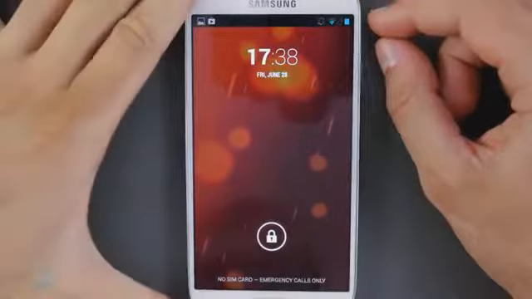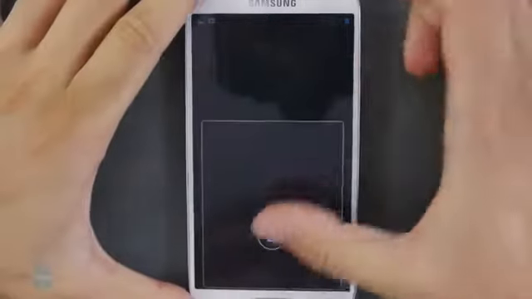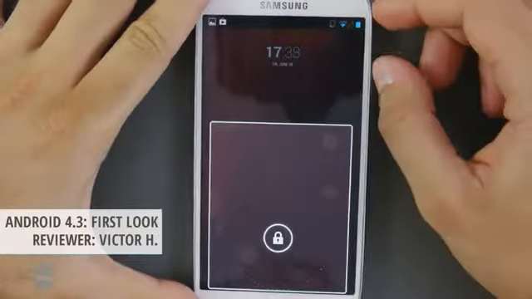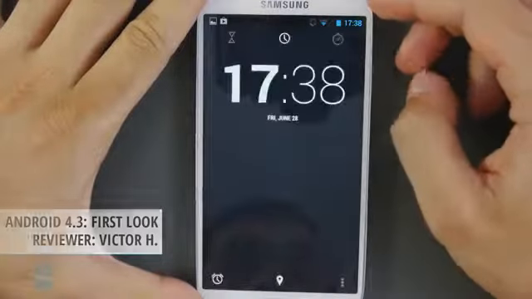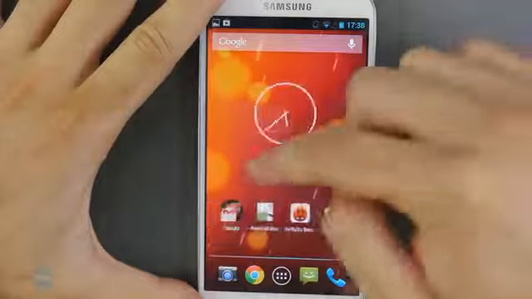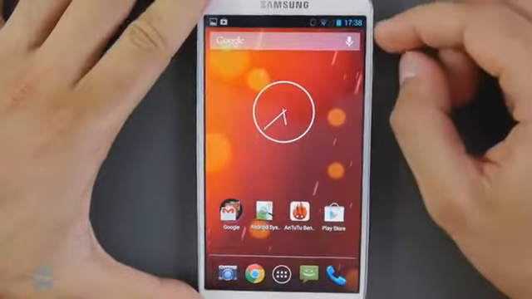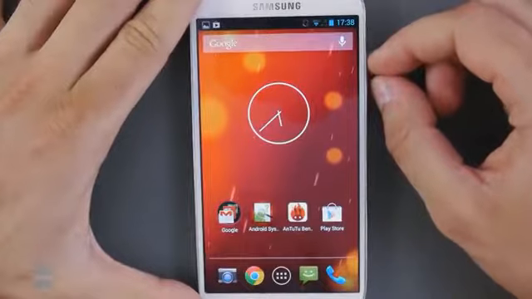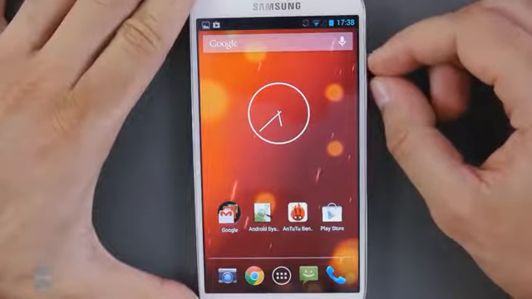What's up internet, Victor for Phone Arena here with the first quick demonstration of Android 4.3 on the Samsung Galaxy S4 GT9505. This is the international version with the Snapdragon processor, and we've just seen Android 4.3 Jelly Bean leak out